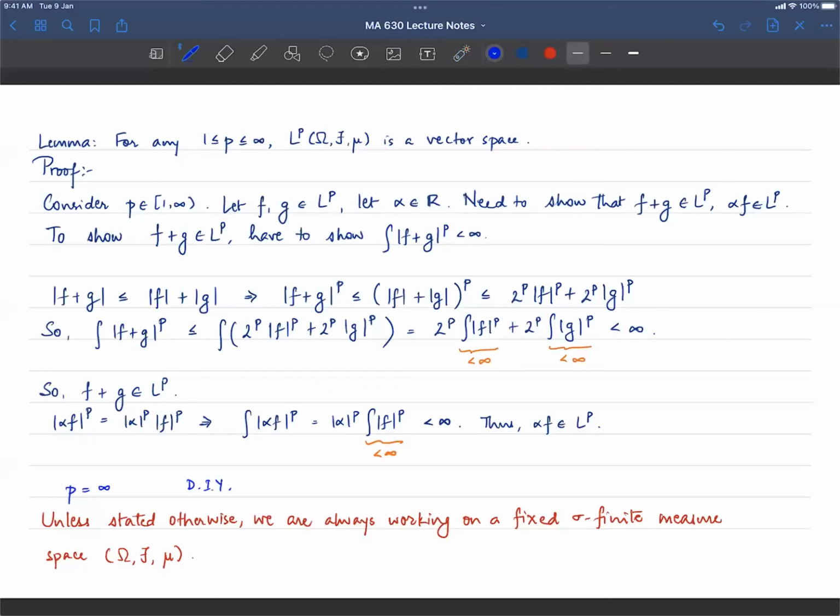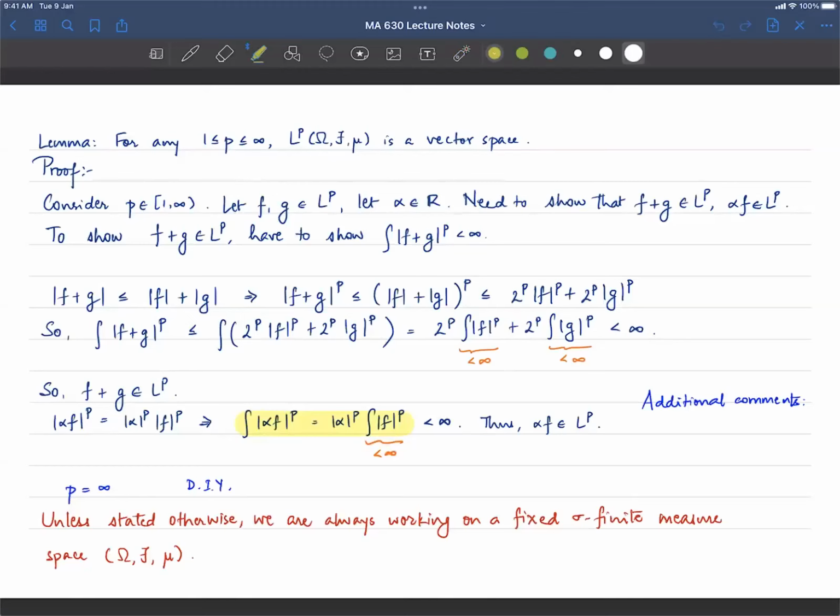by the way, let me just add something here, okay? So just a couple of additional comments. So what did we do? Remember, I left the p equals infinity case for you, right? But let's look at what we concluded here. We concluded that the integral of |alpha f|^p is |alpha|^p times the integral of |f|^p, right? So if I take this equation that's highlighted,